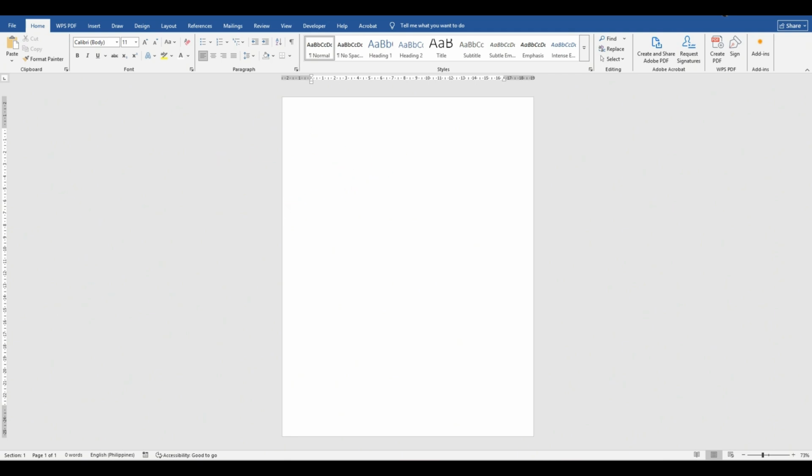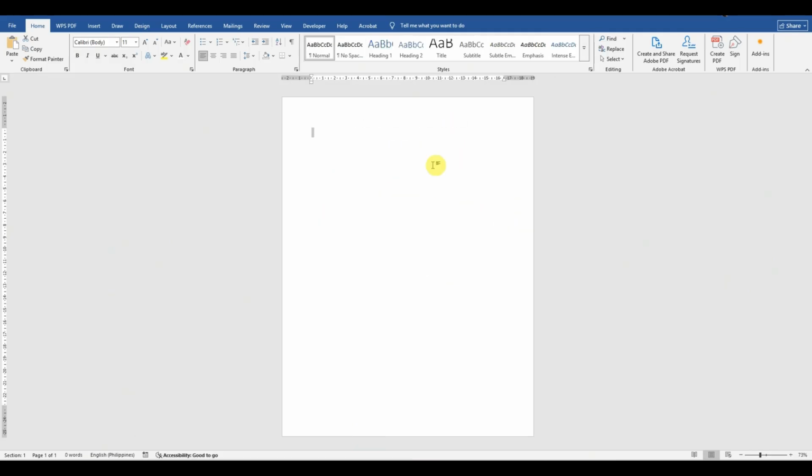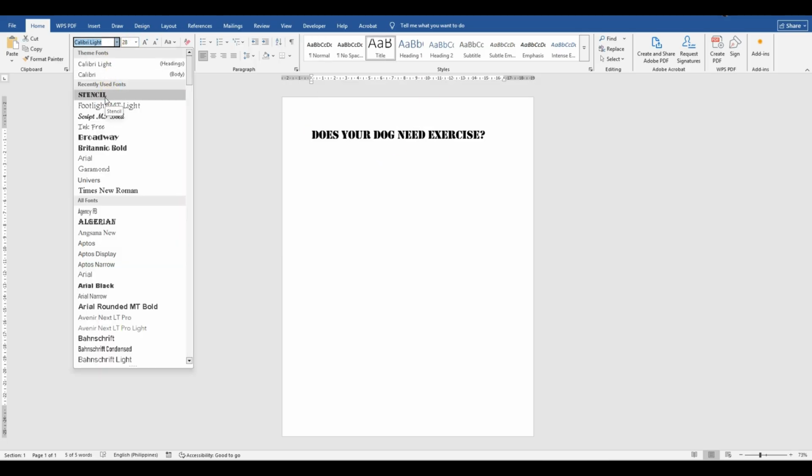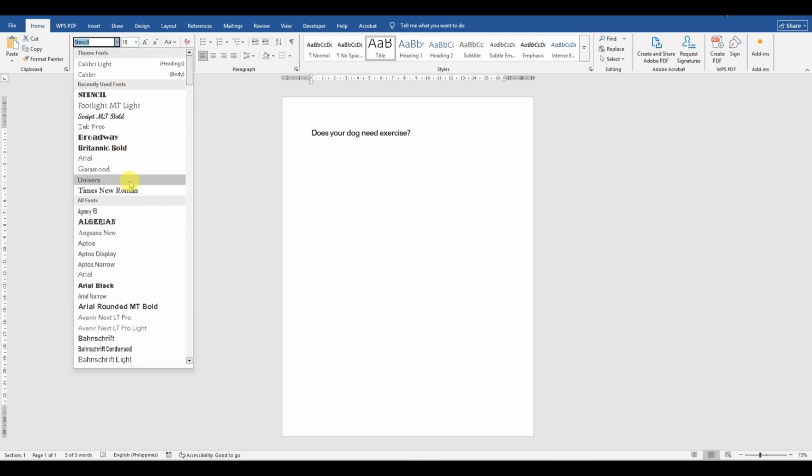So the first one that we needed, right here on top, is actually the title of the service, which is Dog Walker. And to make it more engaging, let us use a question just like this one. So let's just write it on top. You just have to highlight it for us to change the font size. So let us change this one into,